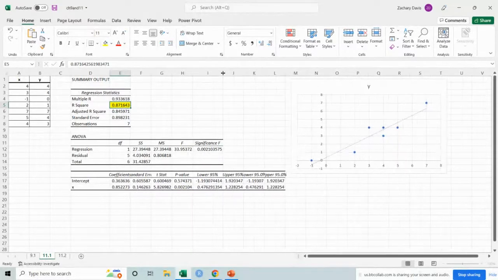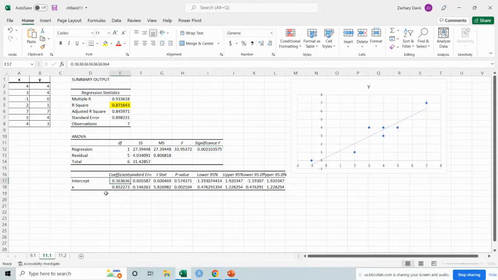Now, the other important parts of this, we're going to come back to ANOVA in a second, but you have your F test, which comes from the F distribution that we talked about previously. Like I said, it would come back. And what we really want to know is if this is less than 0.05, it tells us that this model is worth interpreting. So a significant F value is important. And then finally,